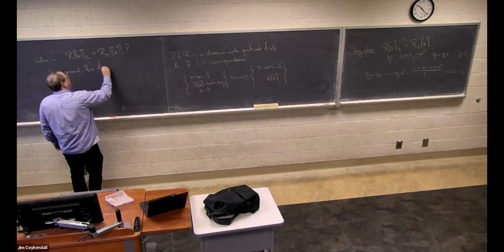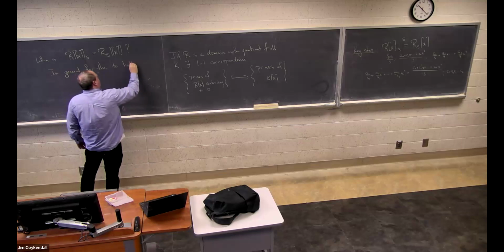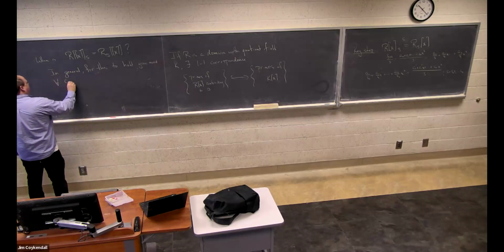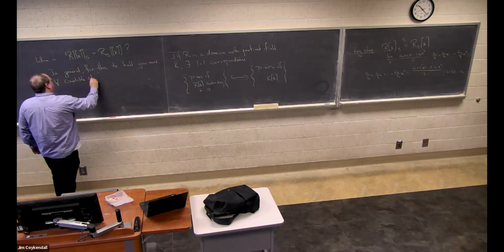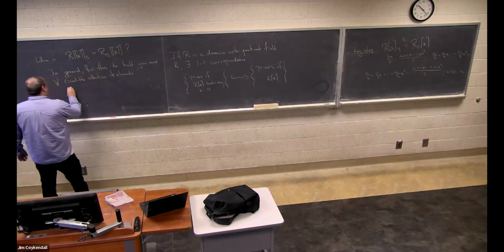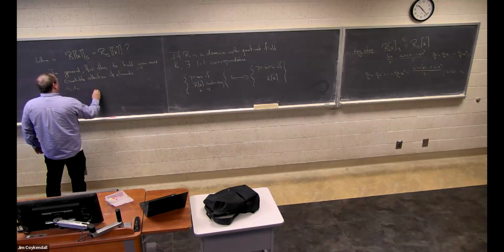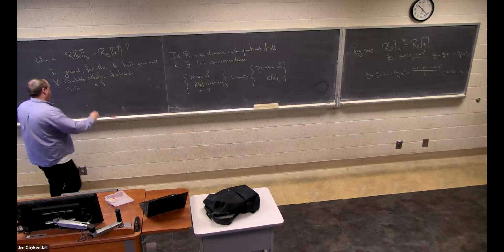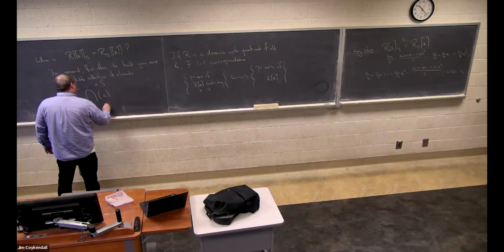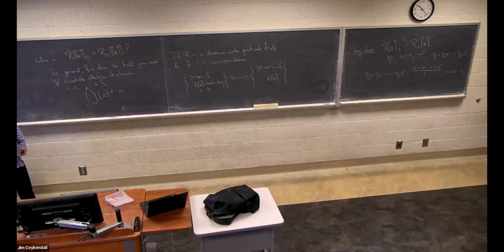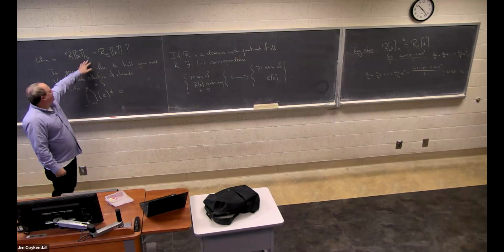For this to hold, you need for all collections of elements a1, a2, and so on in S. So if I take any countable collection of elements from S, I need the intersection of the ideals generated by a_i to be non-zero. So we can understand this. This is an extremely strong condition, right? Extremely strong, right? So for example, even take something very